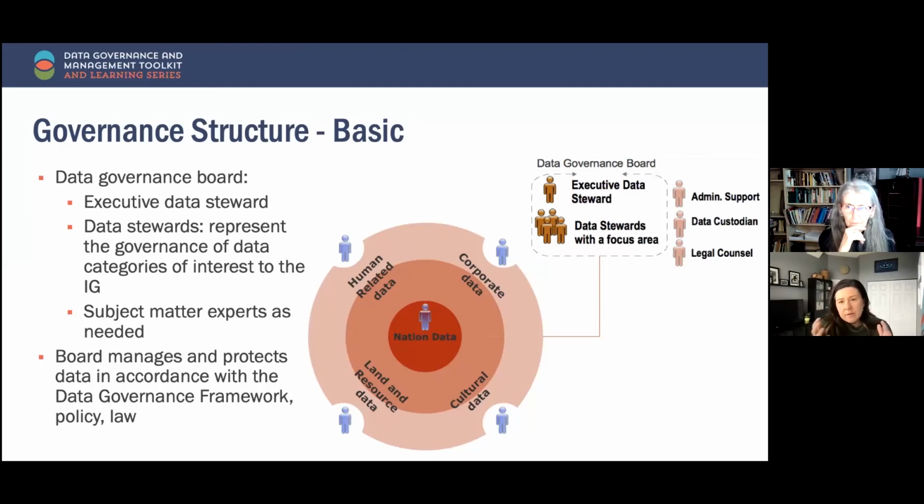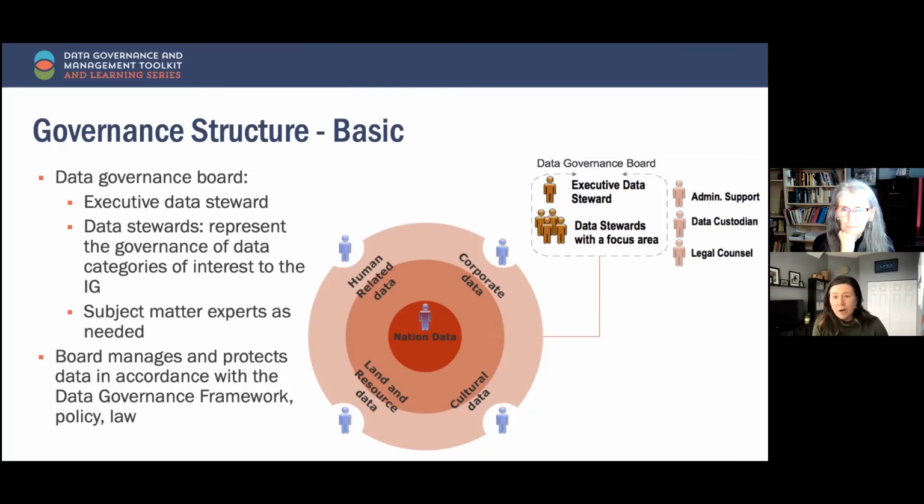So in that case, let's say someone from the government administration submits a data access request to the data governance board for relevant data on this contaminant spill. You could see that, for example, the human related data steward would have to be examining the data request related to any health sector data they had. Are there any human health impacts to individuals as a result of that contaminant? Maybe it's the housing data. How is this the community's water supply? How is this impacting housing?